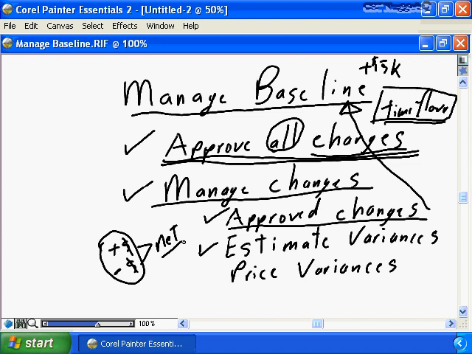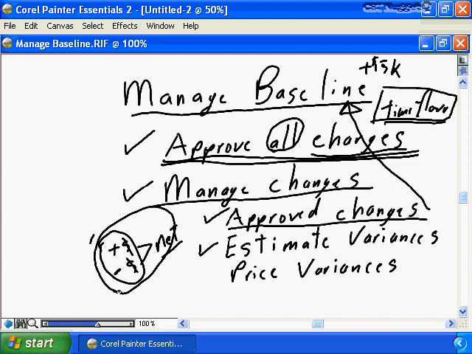Remember what an estimate is? An estimate is your very best guess. Yes, it is a guess. An estimate is your very best expectation guess of how long, how much labor it's going to take to do each and every element of your project. Therefore, there will be variances. You need to manage the variances. That's the key. You need to manage the variances, the pluses and the minuses on the estimates,